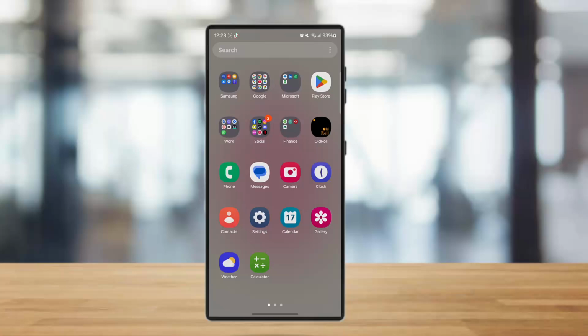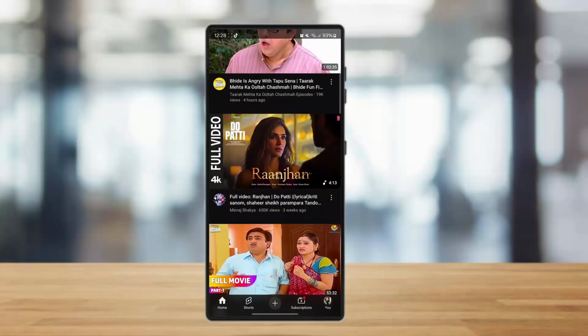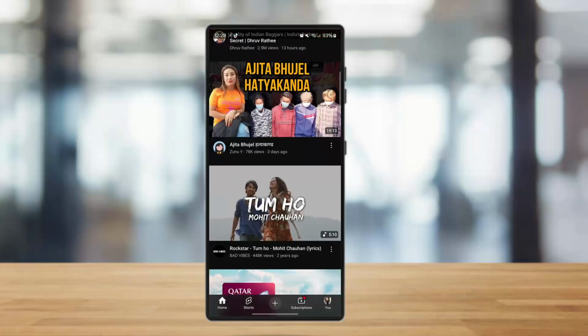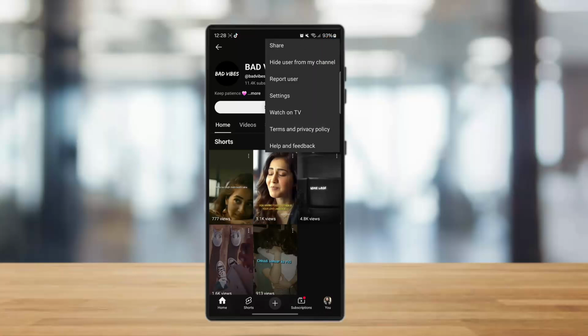There you can simply open your YouTube app, and once you open it, scroll down and go to the channel you want to block. Once you have selected the channel you want to block, you will be in this kind of interface. Simply tap on the three dots icon on the top right-hand corner and tap on report